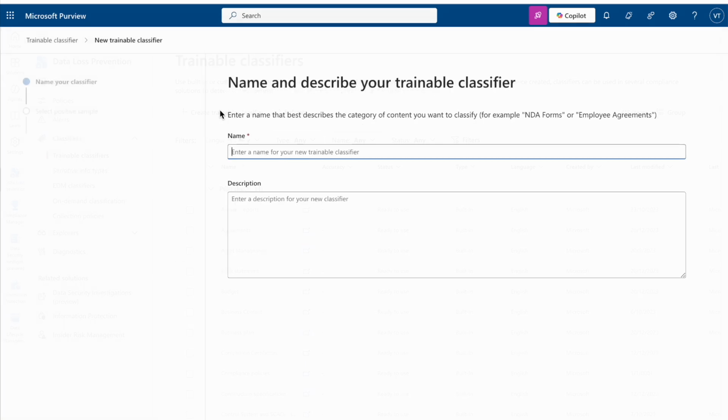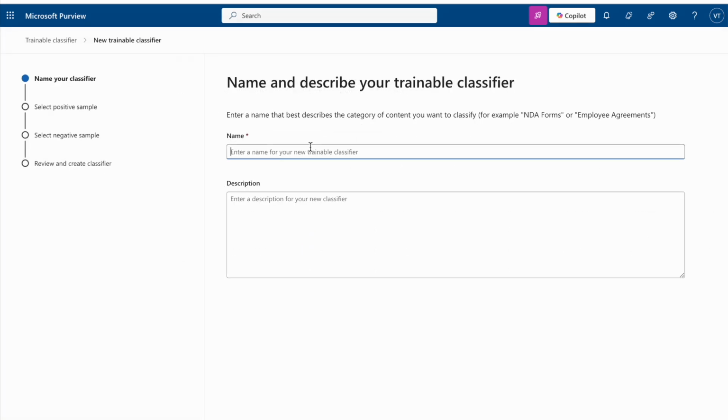So here we'll click on trainable classifier and give it a name, I'll call it CloudArc. We'll give the data name as SI, keep the data segment as production, and the description